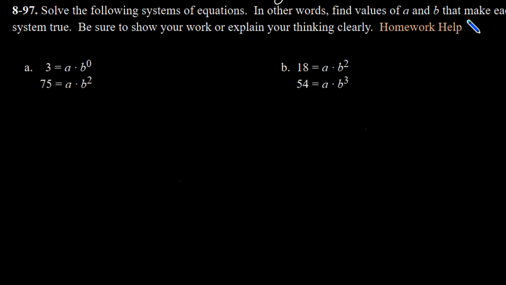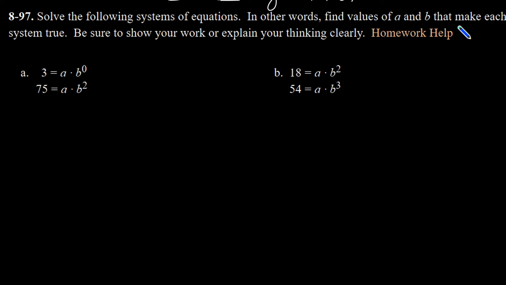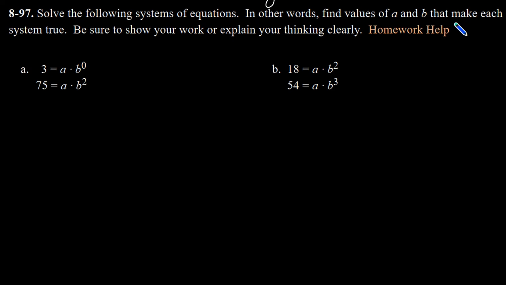Question number 97. It says, solve the following system of equations. In other words, find values of a and b that make each system true. Be sure to show your work or explain your thinking clearly. Okay. First system,